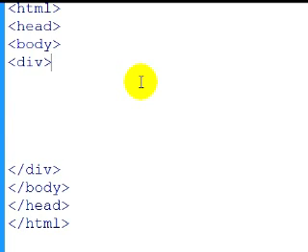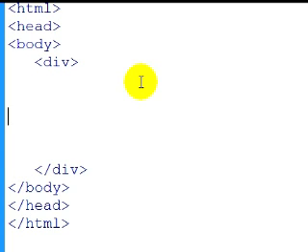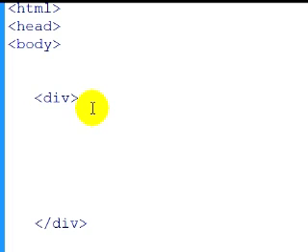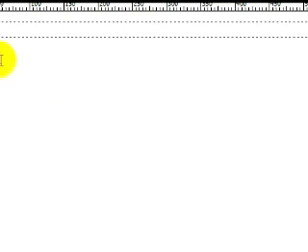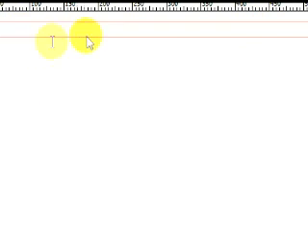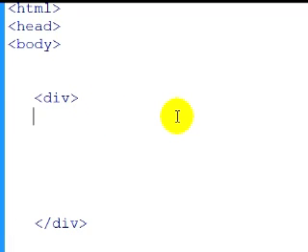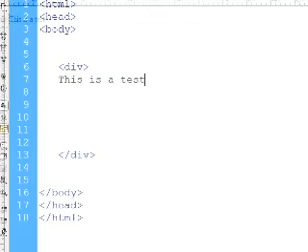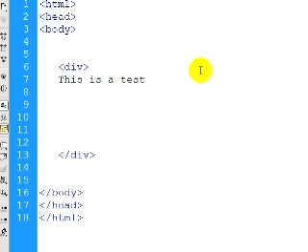And then inside of the div, let me space this out a little bit for you, so you know what we're doing here. Okay, so inside of the div, if I go to design, there's nothing there, but you can see this little box here is where I'm typing. So if I come into here and say this is a test, come in here at design, there it is, it shows up, but all those other things do not show up. But watch this, if I want to go down like 2 lines to start a new paragraph,